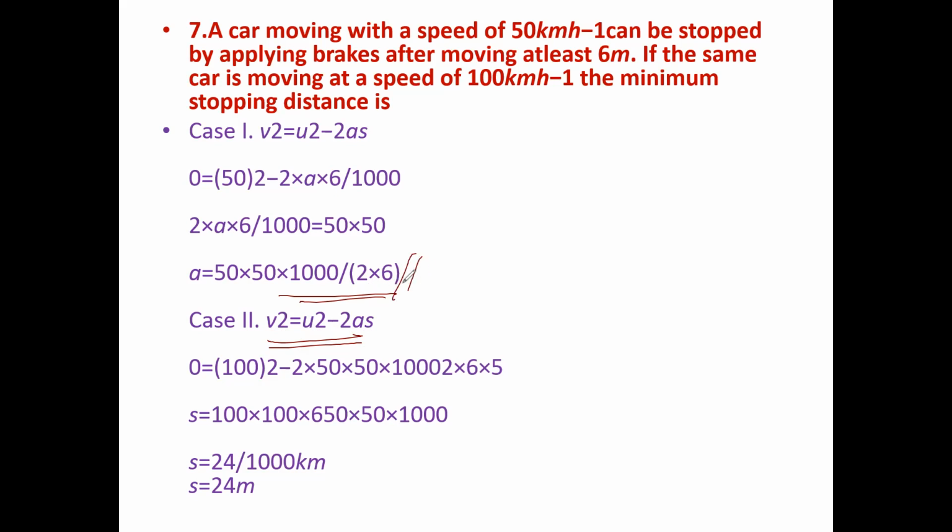Actually, this should be deceleration. That's why the negative sign they have put. So when you put the negative sign, you have that deceleration for you. And then you calculate, that is 24 meters is what you get. Check out the numbers. So this is how you get 24 meters. Clear? This is easy only, not a very tough one. Any trouble, please let me know. Anyway, I'll send this one to you.